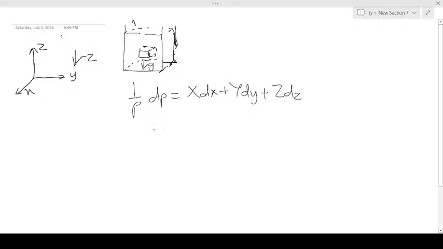So if gravity is acting on the body, it means it's going to move only in the z direction downwards, ideally. And so that means movement in our x-axis is 0, movement in our y-axis is 0, but movement in the z-axis is minus